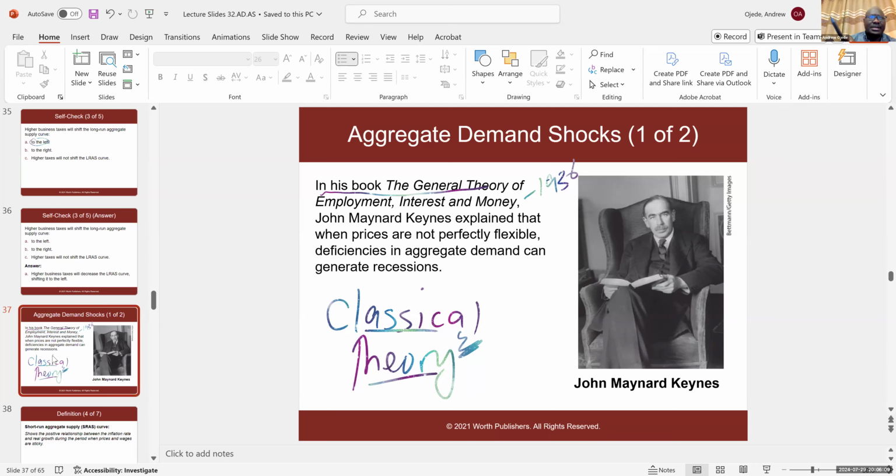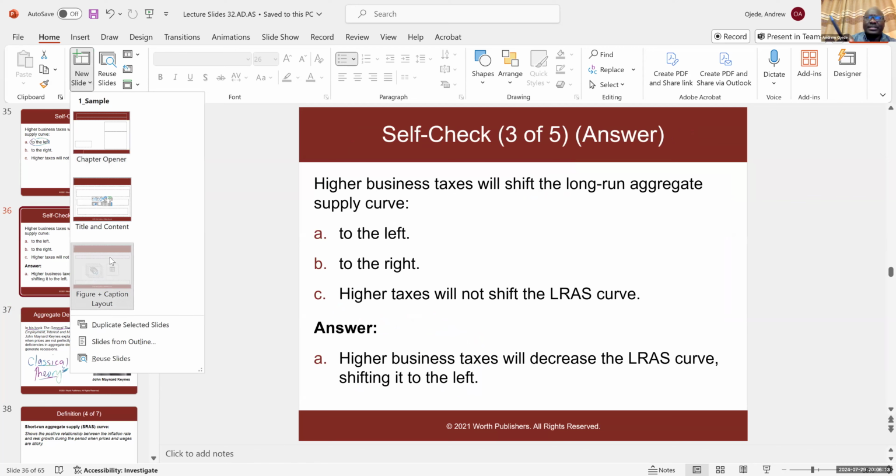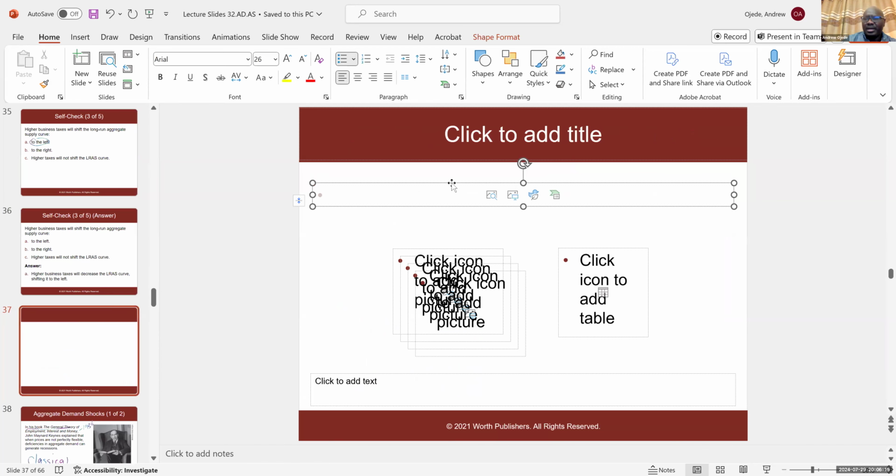Let me talk about this for a second, yeah, because this is so important. I feel like the author of your textbook doesn't do a good job. Kind of like, let me,